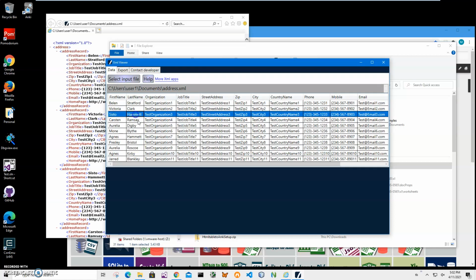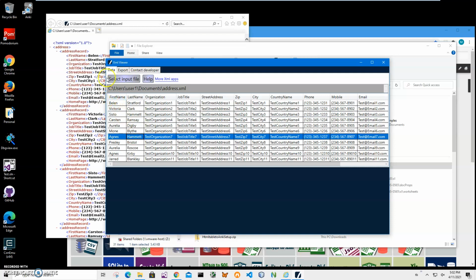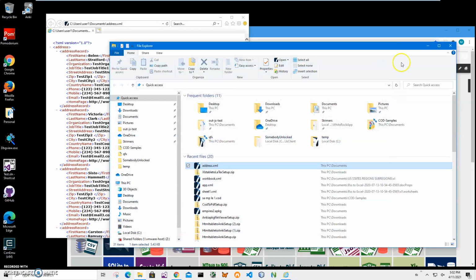But for my LaTeX table, I want this XML to be presented as these tables, maybe with not all fields in there, but only some of the fields I need. So this is what I will be doing in this video. Now,